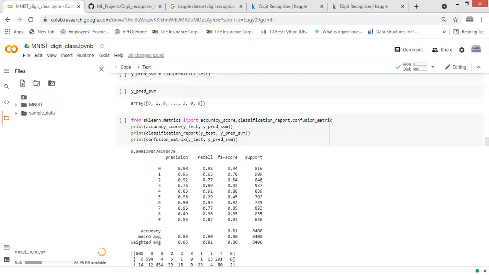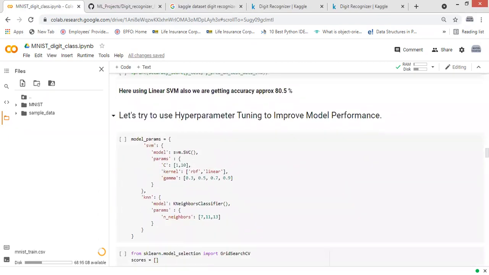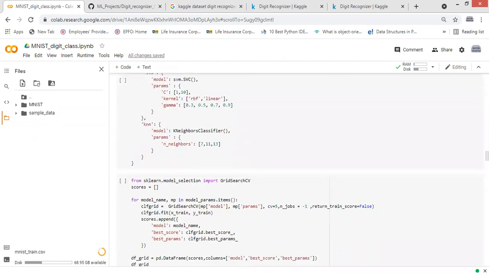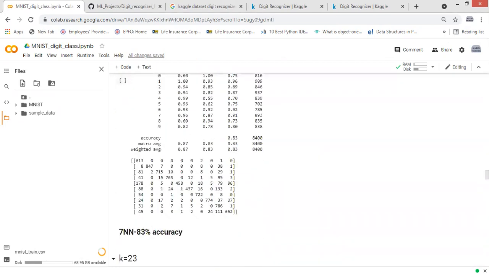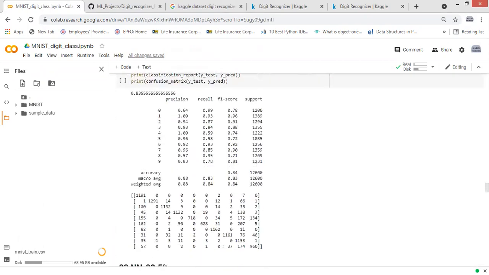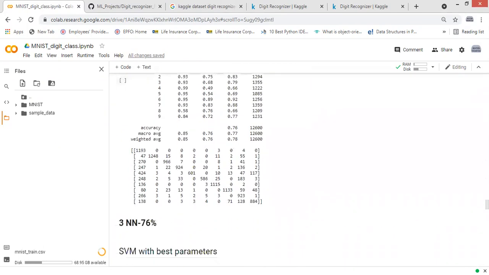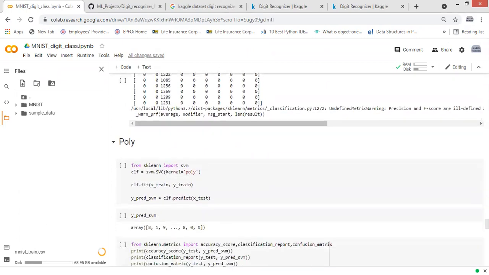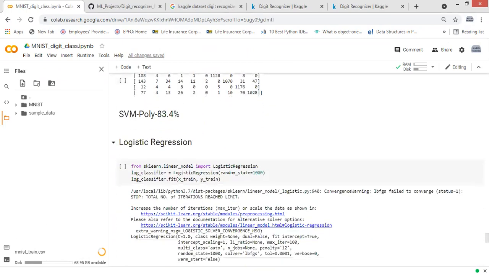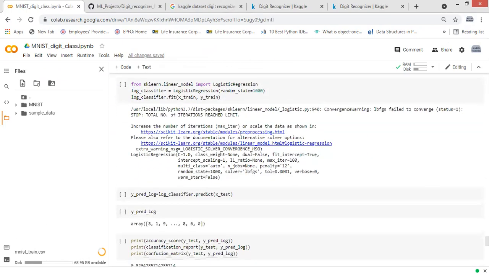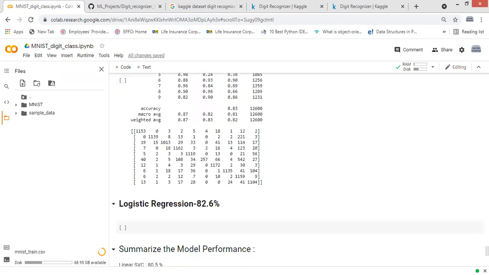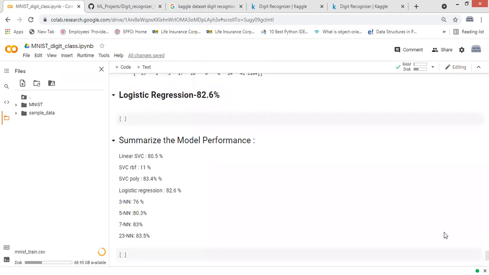I have also done some hyperparameter tuning, and in the last I have also tried logistic regression.